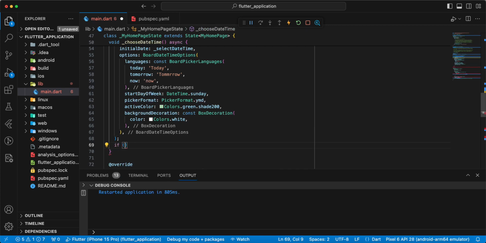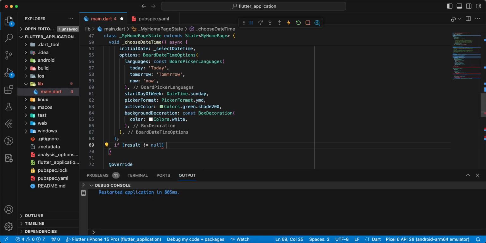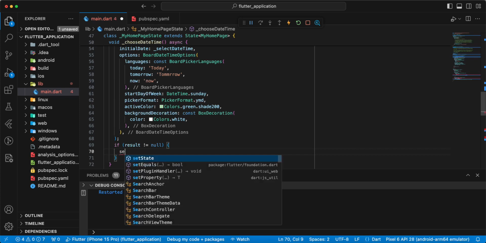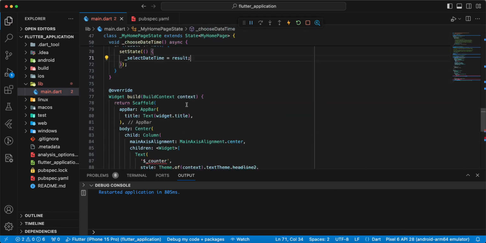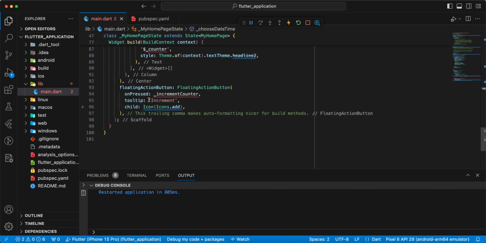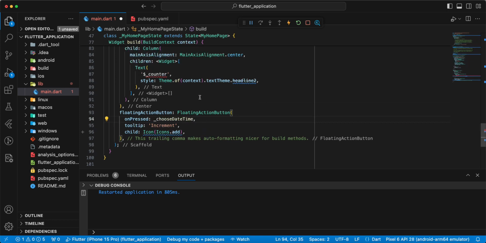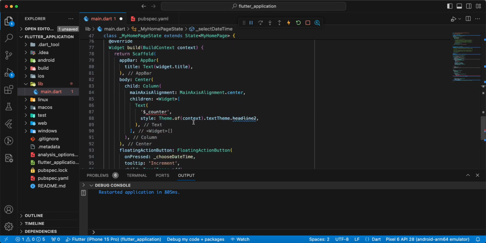Then we write if. Write result not null. Write setState. Write selectDateTime equals result. Save. And we add this method to onPressed. Save, and we add selectDateTime to the Text widget,